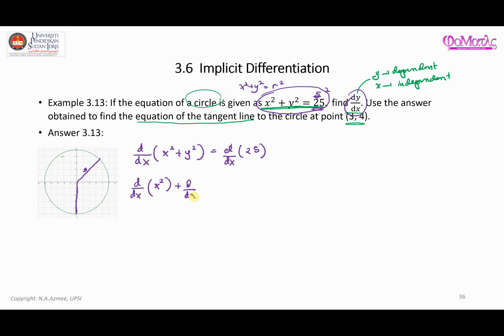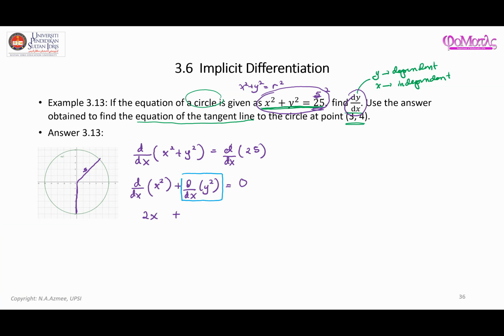Plus y squared. And if you differentiate a constant here, the answer is going to be equal to 0. On this part, if you differentiate x squared with respect to x, the answer is going to be 2x. And here is going to be a bit tricky, and I'm going to explain how you can differentiate